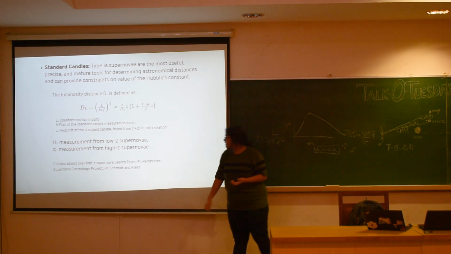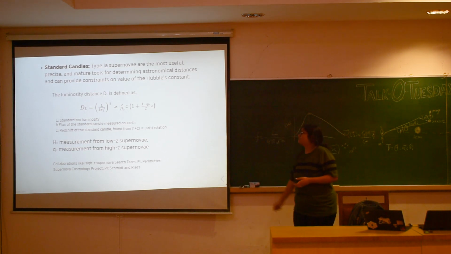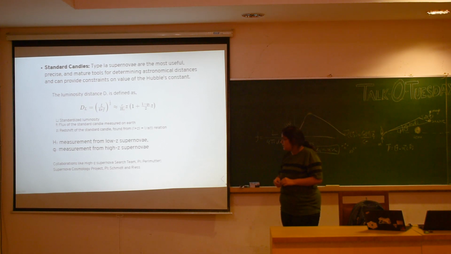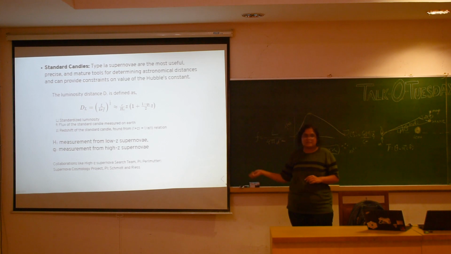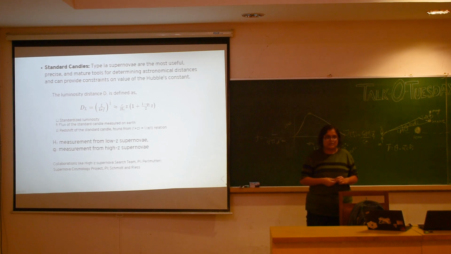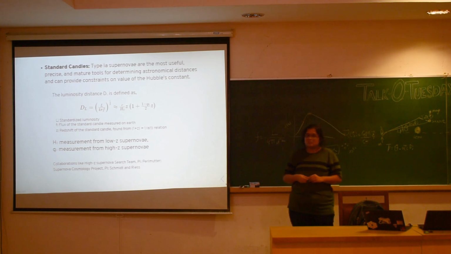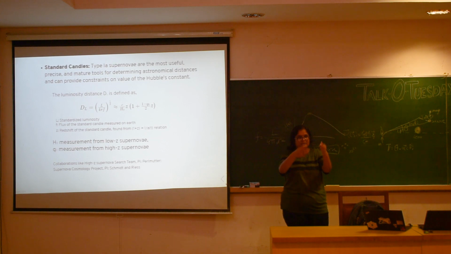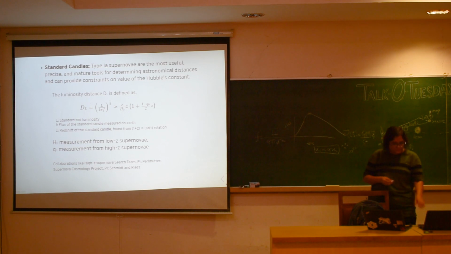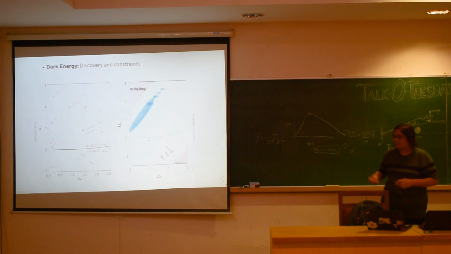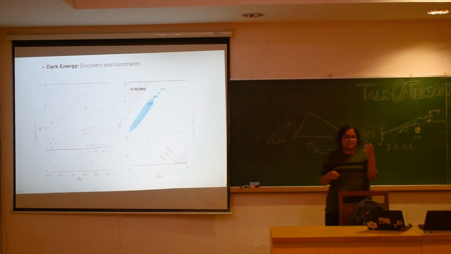So this is one way of going towards it, and there are collaborations like the High-Z Supernova Search Team, Paul Mutter, Schmitz, and these people got the 2011 Nobel Prize for their discovery of dark energy. So this was a paper by these two people. They worked in parallel, independently, but at the same time. And both of their papers came out in 1999, which predicted that the dark energy